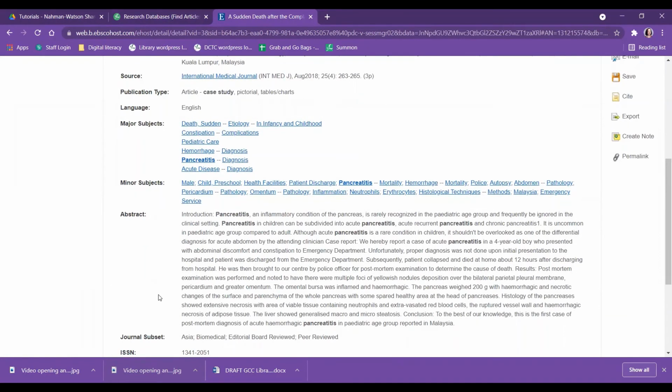Now, the abstract is a short summary of the article, and it's a good idea to read these. They help you figure out, number one, whether it's something you're actually interested in, and number two, whether it's written at a level that you find understandable. These articles are written by specialists for other specialists, so a lot of times they're written in really technical language. And again, it's a good idea to read the abstract and see if you can understand what it's talking about.